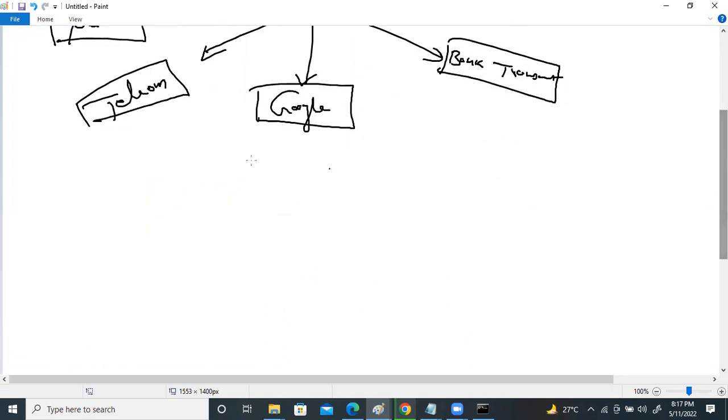So for this, we have some big data tools available for storing and processing this data, like Hadoop and Spark. They are used for huge data storage and huge data processing. For Hadoop and Spark,